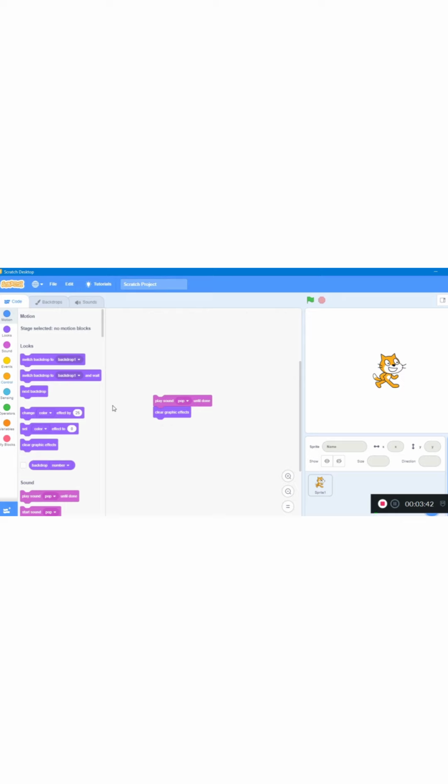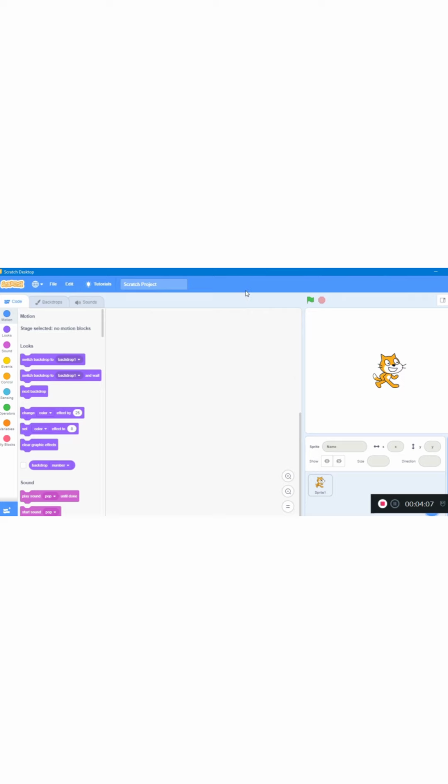There are 6 different block shapes: hat block, stack block, Boolean block, reporter block, C block, and cap block.